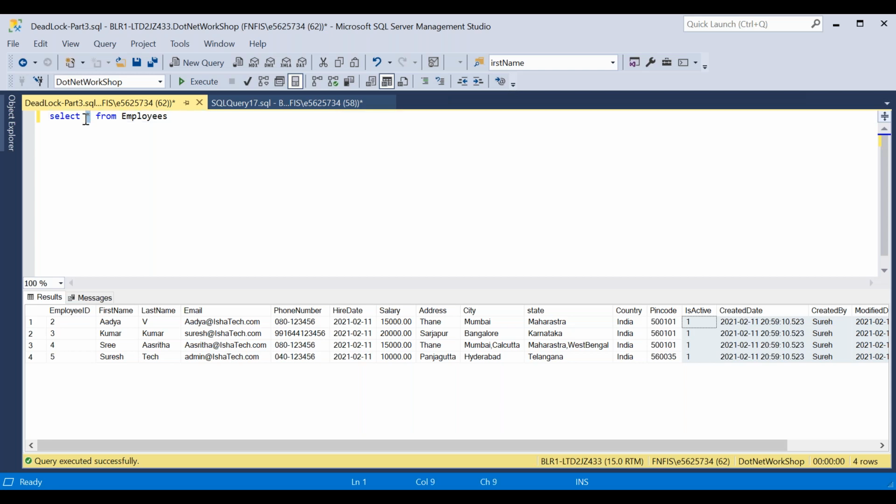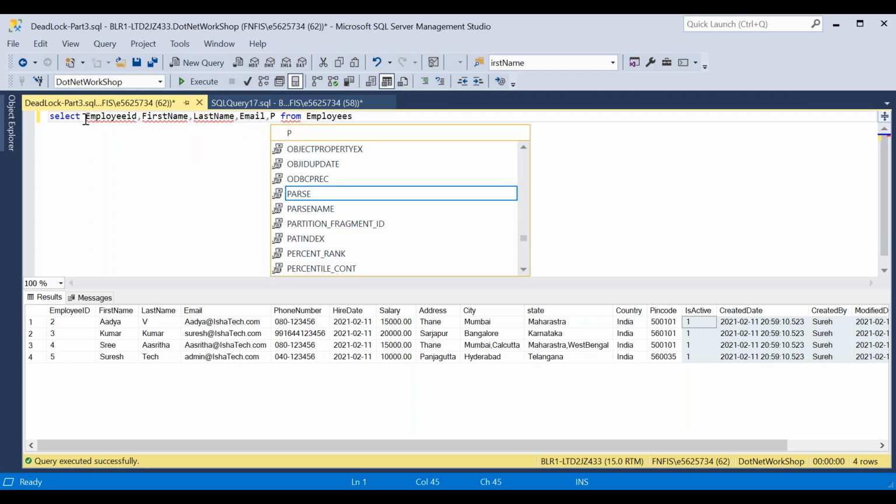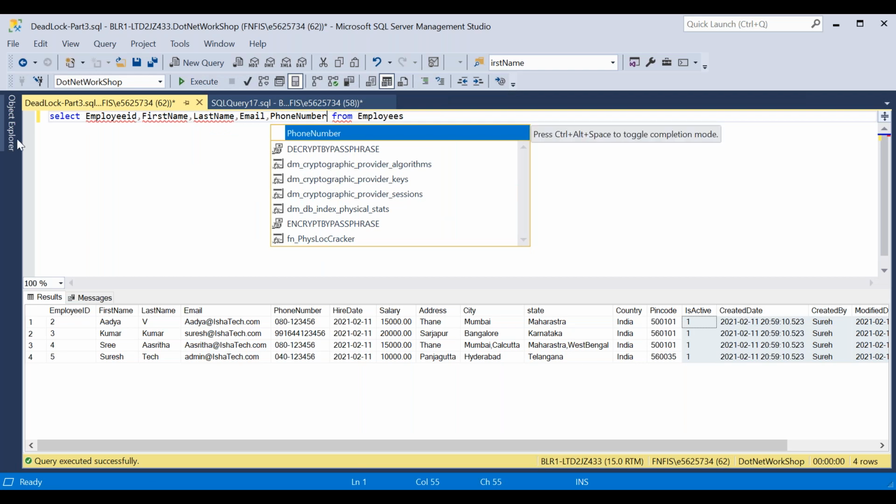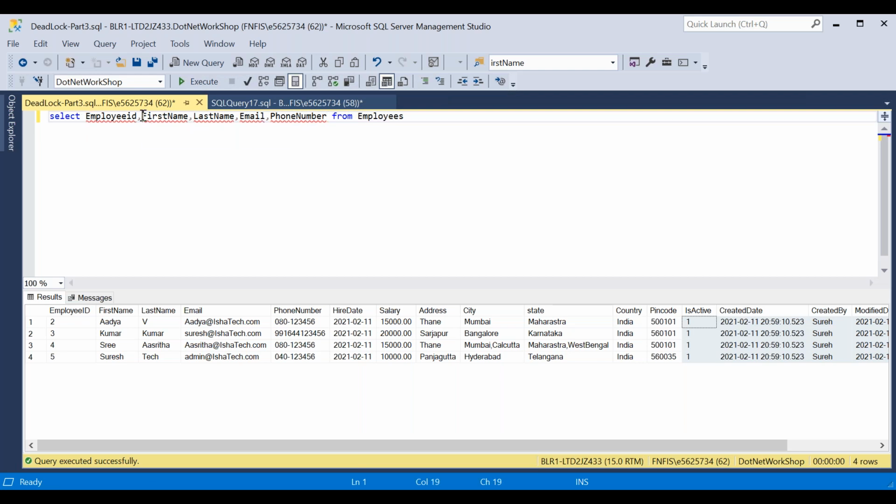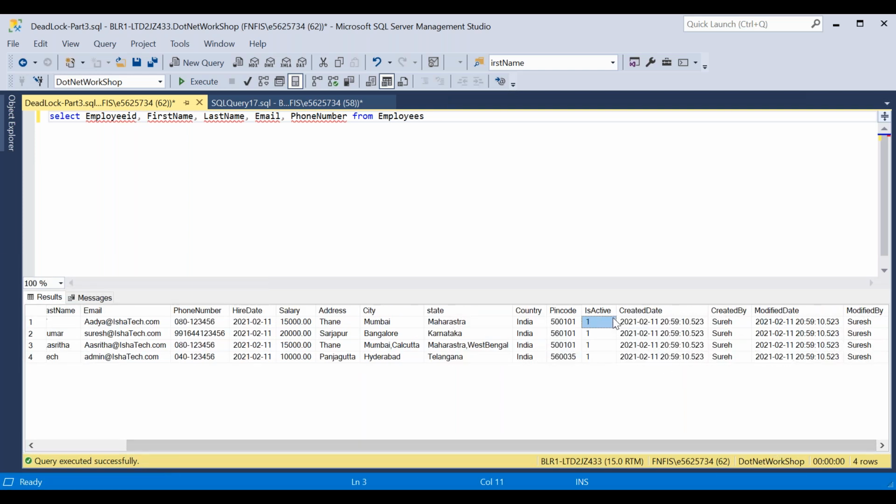Always we have to get the information by using the column names only, like employee ID, comma, first name, comma, last name, comma, email, comma, phone number. So whatever columns you want, you have to use them comma separated. We should not use any star when we are getting the information from the database, because as I told you, the star will retrieve all the information, which is incorrect, because there will be more burden when we are retrieving from the database.